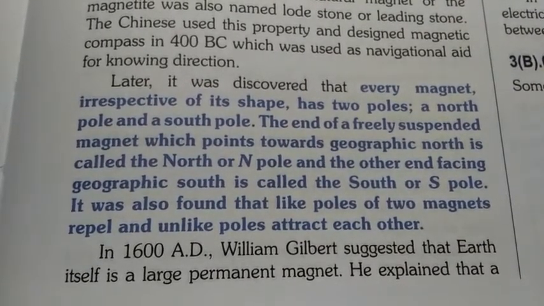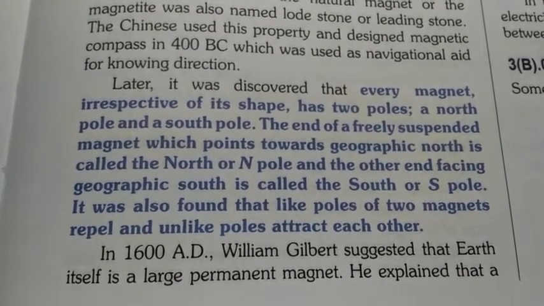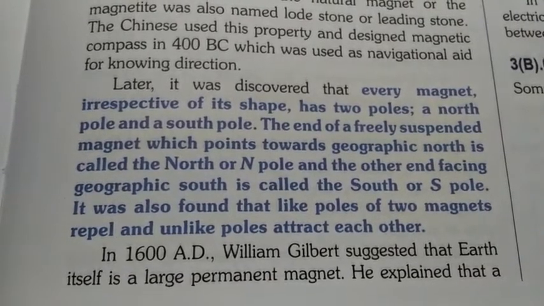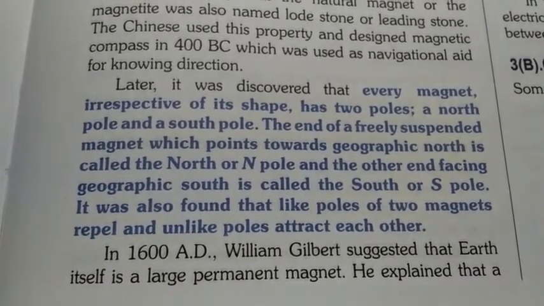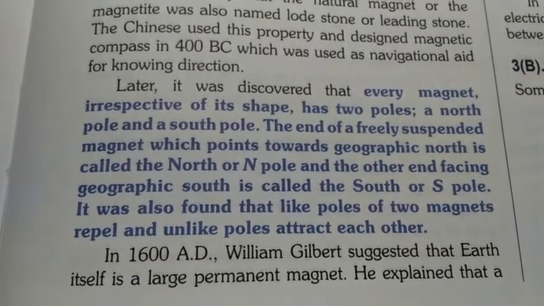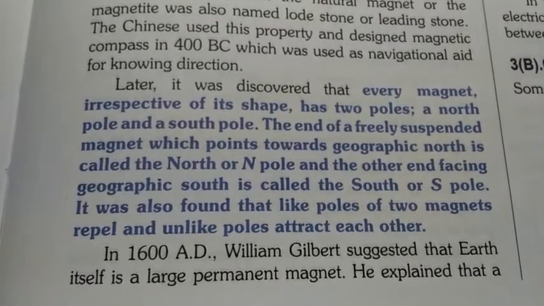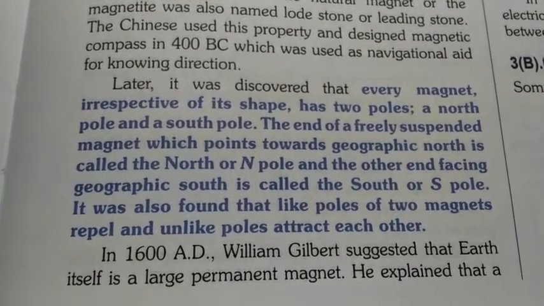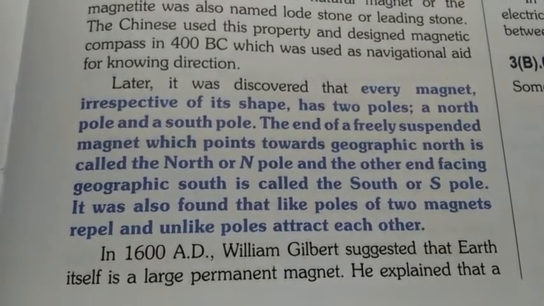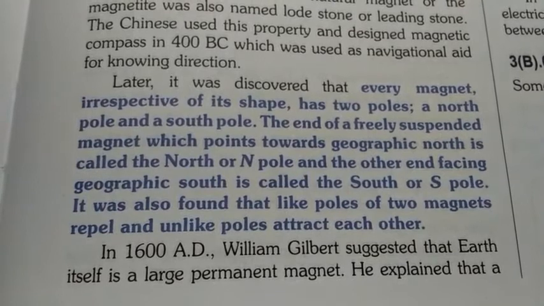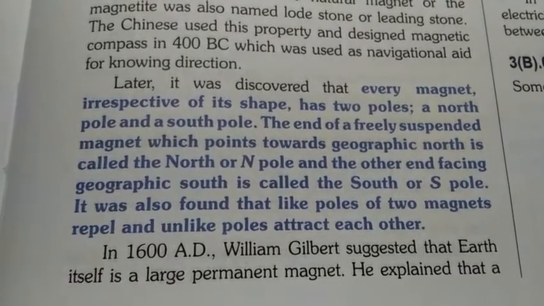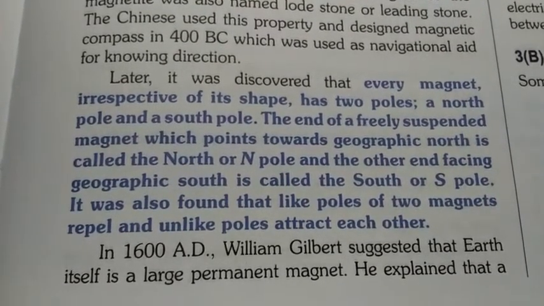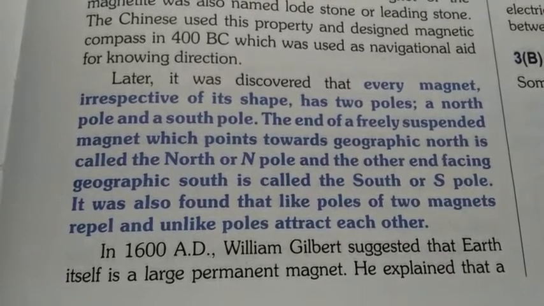Are you understanding what I am saying? See, we have one rule of magnets: opposite poles attract and like poles repel. So the north pole of the magnet will be repelled by the north pole of the earth, and the south pole of the magnet will be attracted by the north pole of the earth. Okay, so actually the pole which is directing towards the north pole of the earth is the south pole. That actually is the south pole, but when we study magnets we consider that as the N pole.